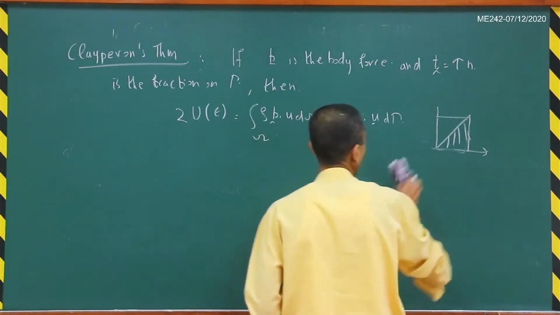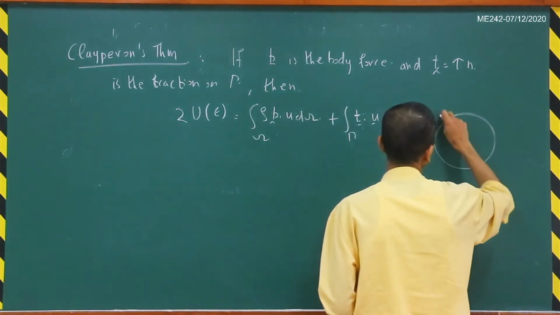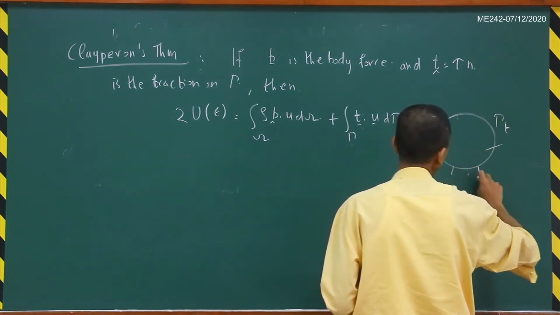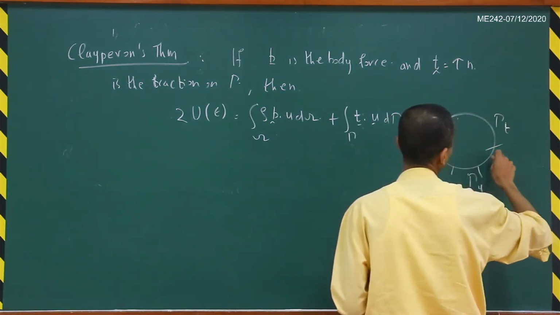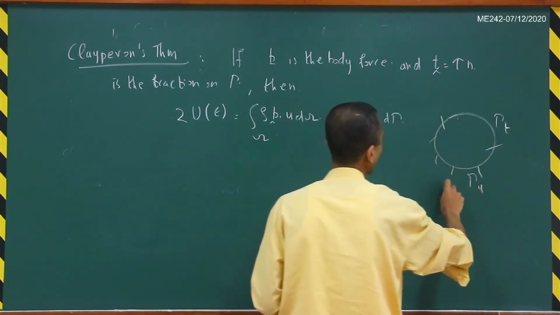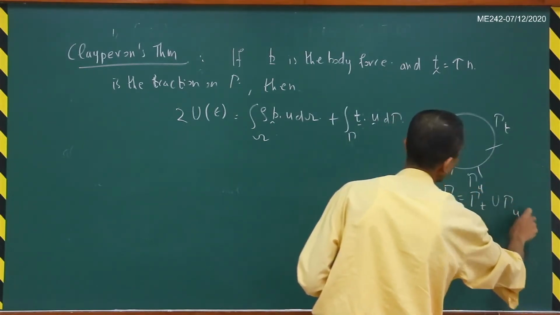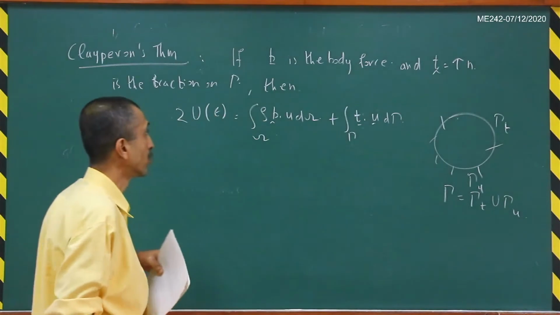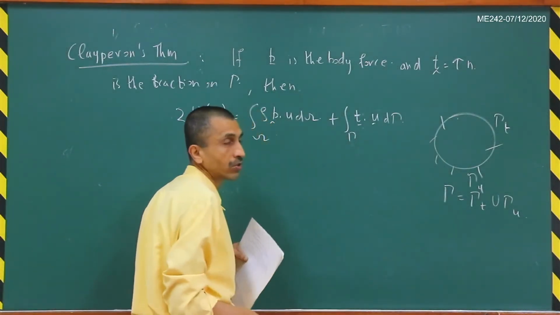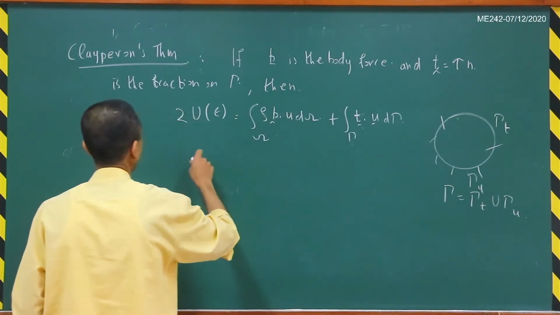So here let me just draw this. Suppose I draw the whole boundary here, so part of it is gamma t, and part of it is gamma u, where the displacements are prescribed, and this is the entire boundary. So that means gamma is equal to gamma t union gamma u, the whole boundary. So you have to take the traction even on the part where the displacements are prescribed when you do this. And this U of epsilon here,